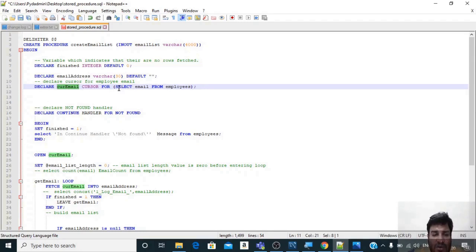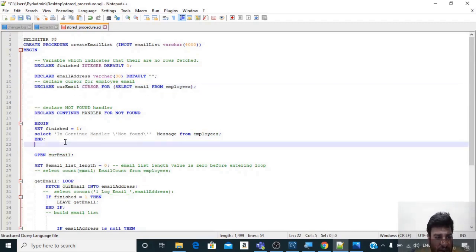When we say select email from employees, we are fetching only the emails from the employees table which we created and in which we have 10 records, two of which are null. So these 10 emails will come into this current email.